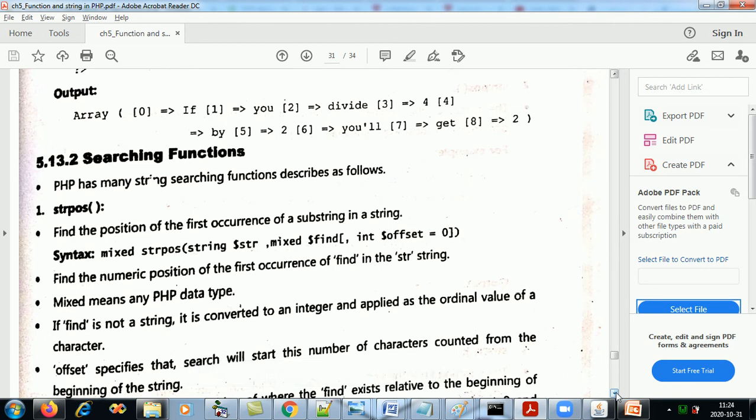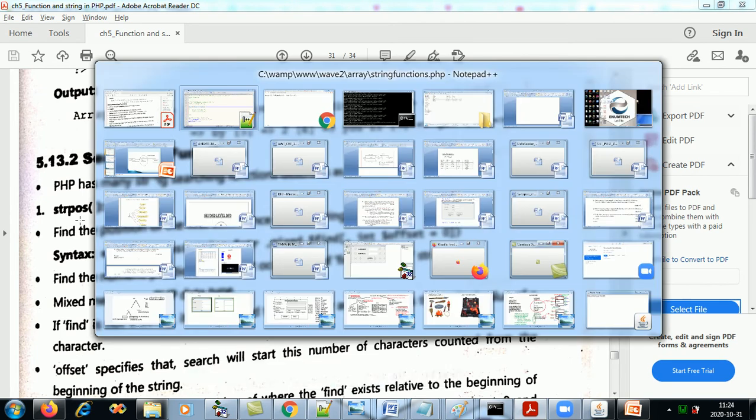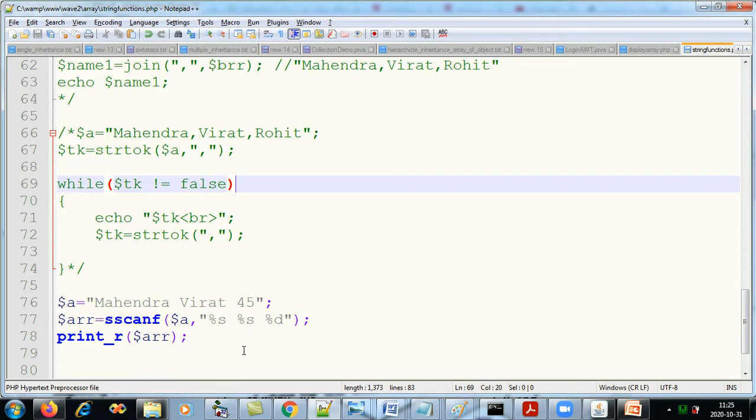Searching function: strpos, string position, returns the first occurrence of a small string in a large string. So let's comment this also.